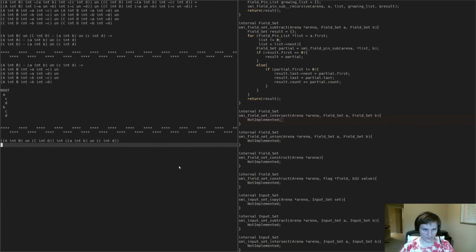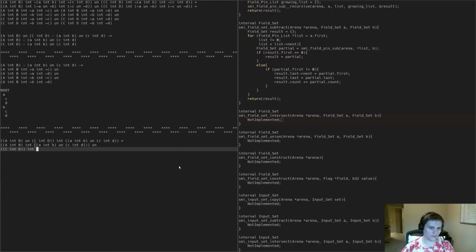What does that turn out to be? Well, this is just a matter of distribution, like distributing things over each other. So let's say we're going to take all of the second set and intersect it directly into these. Intersect U, union, intersect U. So again, this is actually just a matter of breaking